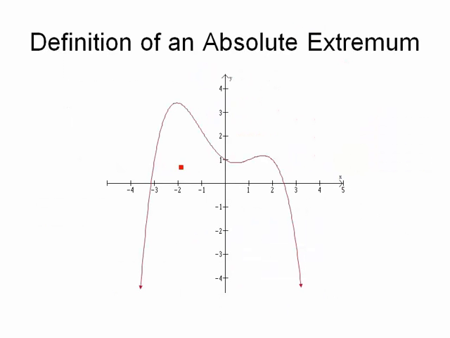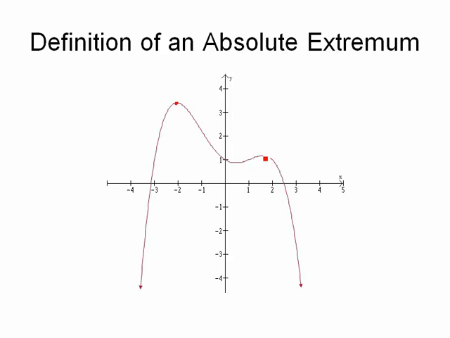Here I have a polynomial function, and if I asked you to find the absolute maximum, you should key in on the point that's up here. When I look at that point compared to any of the other points on the graph, it is the very highest point. Its y value is bigger than any others. Now, that's not to say that it is not a relative extrema also, because it's a critical point and it's higher than the things nearby. So this particular point is an absolute maximum and also a relative maximum.